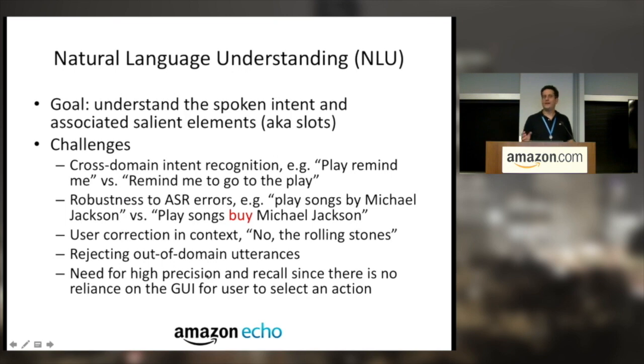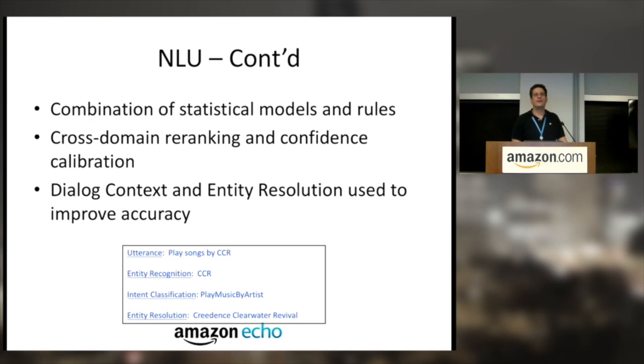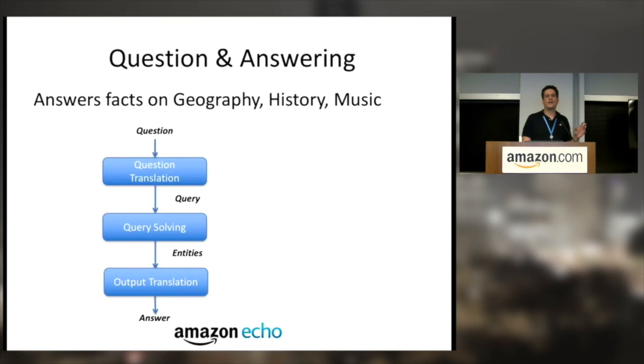Another problem with the natural language understanding is that there is no UI. So we need to be very accurate. We cannot present you 10 results and you will select, okay, I want number 3. We need to return one result, and that result should be the correct one. So it's very, very challenging and hard. So for NLU, we use a combination of statistical models, of rules, which are FSTs, graphs that we build to understand the language based on the language rules, okay, and also neural networks.